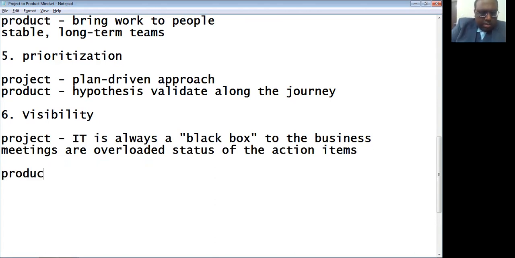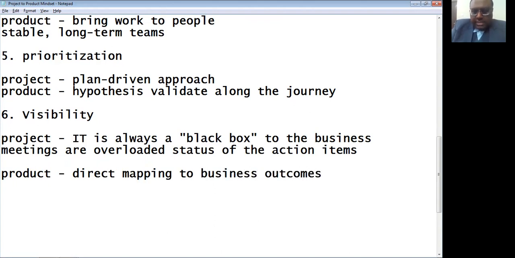All right. So here, if I take product, predominantly there is a direct mapping to the business outcomes. Let me give an example. If not, it may sound like Greek and Latin to you. For example, you have purchased a mobile phone, right? Now the point here is you are not using all the features in that mobile in an equal manner, because much of the time we use it for calls, watching some YouTube videos, or WhatsApp.